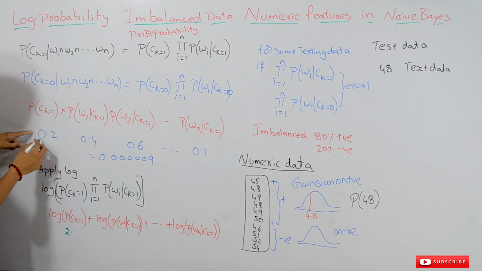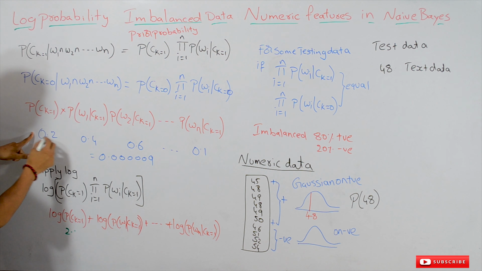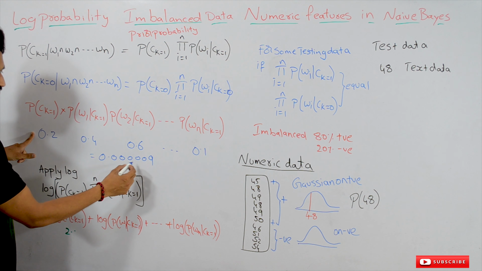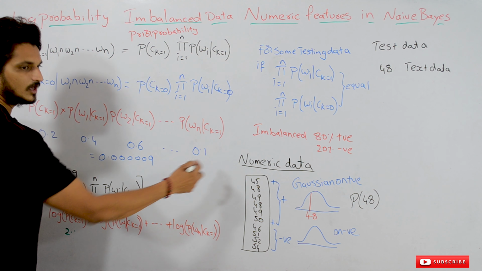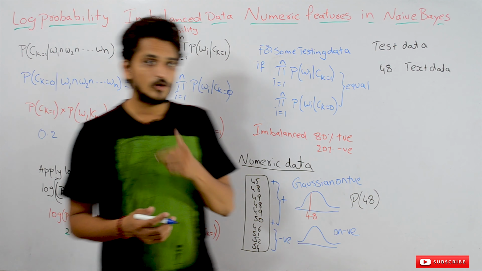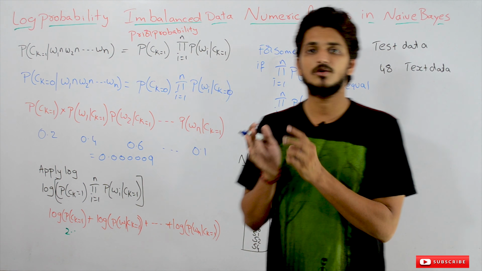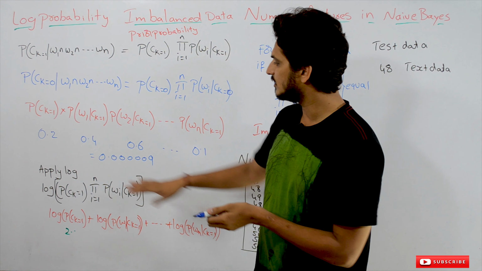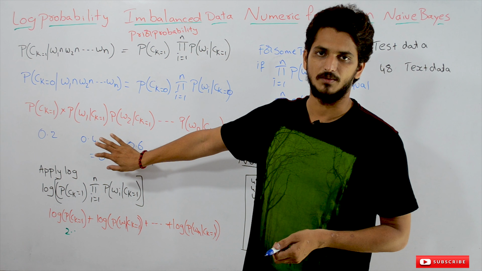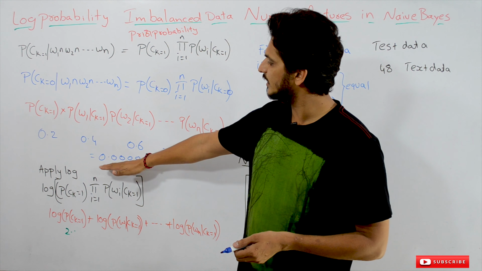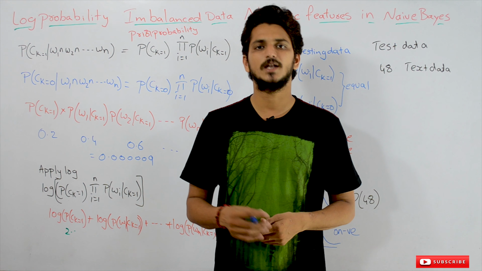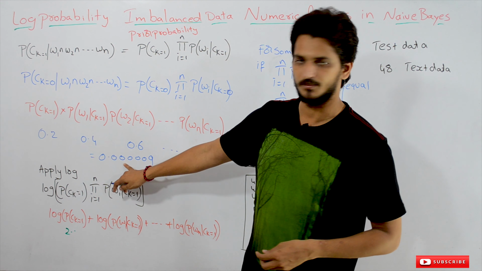That's the problem we face in naive Bayes. If we multiply 0.2 with 1000 numbers, how will the output be? It will be 0.00000 something. It's very difficult to multiply, and that too with floating point numbers we will lose accuracy. That's a basic concept which we discuss in digital logic design, number systems. If you don't know why floating point numbers lose accuracy, please go to our digital logic design course, where we discuss this concept in number systems.